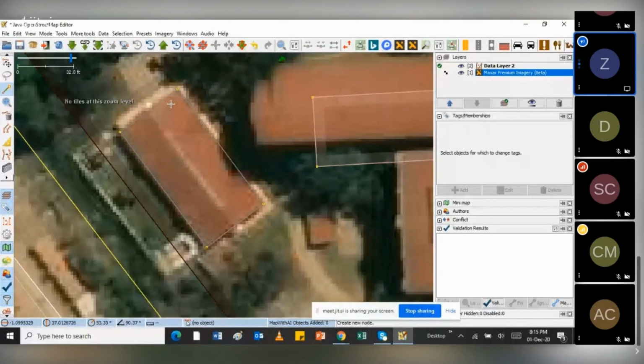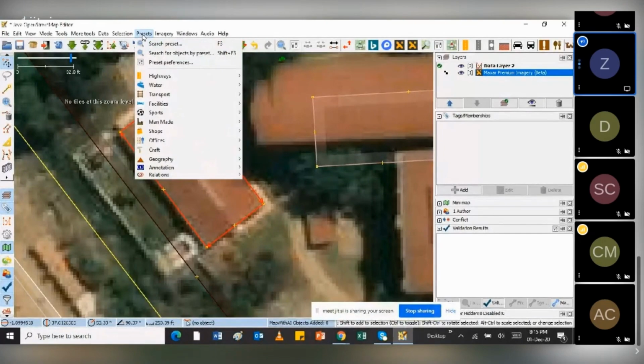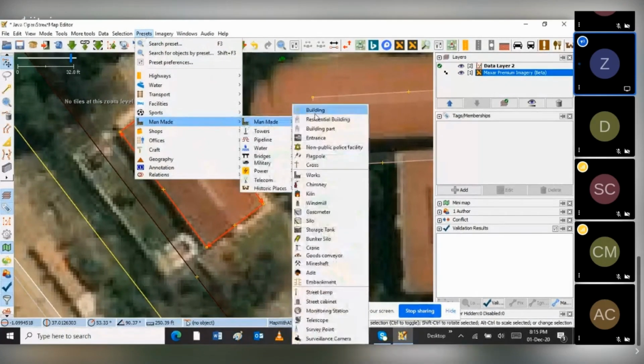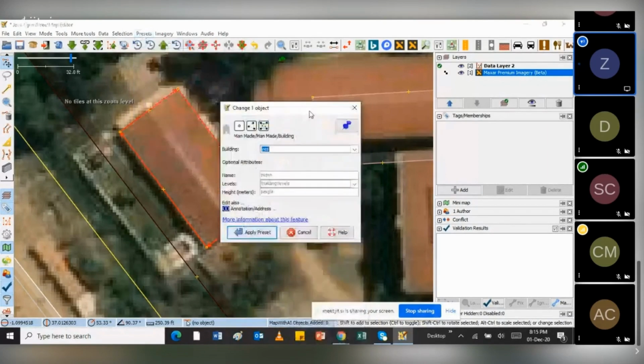Then I'll click on select. Then I'll select the building that I've just traced. And then come to preset and describe what the building is. In this case, I'll just say it's a building because I'm not so sure what exactly it is. So just leave it as building equals yes.